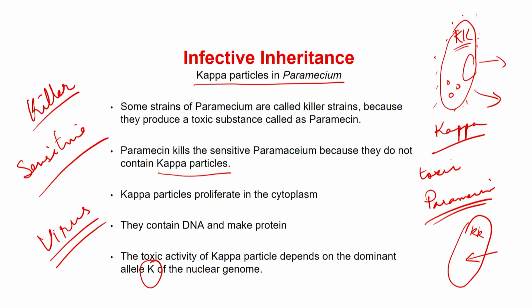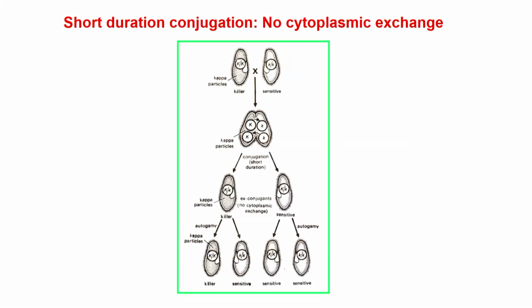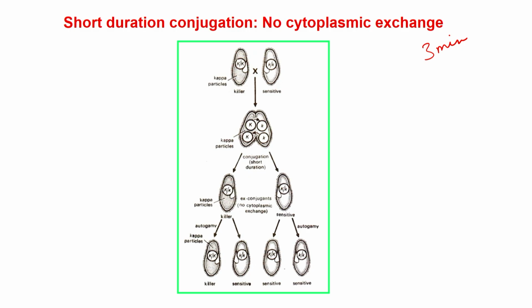Now, how is this infection transmitted to progeny during conjugation? So, as you all know, इनमें कॉन्जुगेशन होता है पैरामीसियम में. सो यहाँ पर हम दो तरह की कॉन्जुगेशन की बात करेंगे. एक है शॉर्ट ड्यूरेशन कॉन्जुगेशन जिसमें साइटोप्लाज्मिक एक्सचेंज नहीं होता है, ये करीब 3 मिनट के लिए ये पैरामीशियम एक साथ रहते हैं. उतनी देर में क्या होता है, so what you can see over here is ये किलर स्ट्रेन है, ये सेंसिटिव